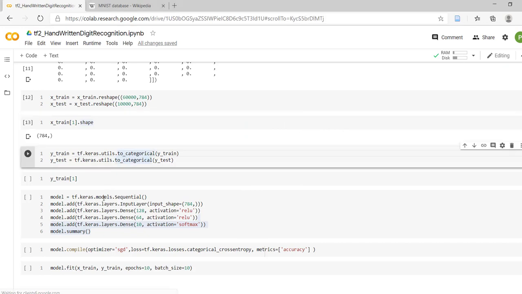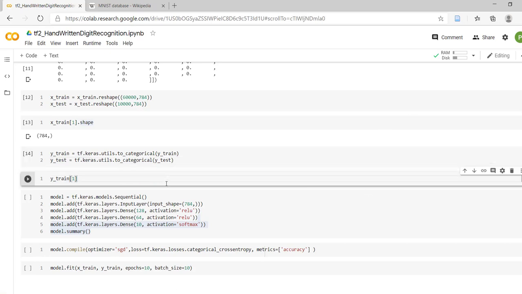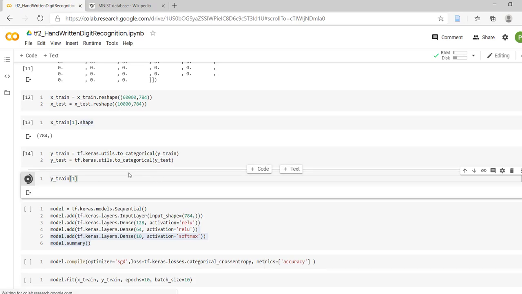How to do that? For that, Keras has provided one method under TensorFlow: tensorflow.keras.utils.to_categorical. to_categorical helps us to convert a single digit into the one hot encoding. Now let's check out what ytrain 1 is.